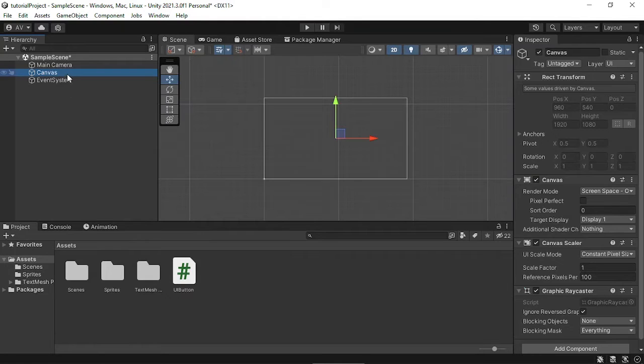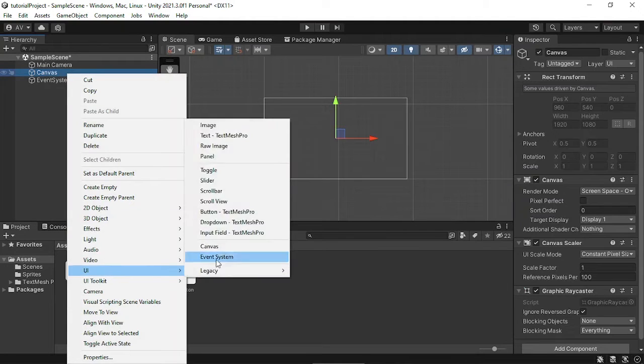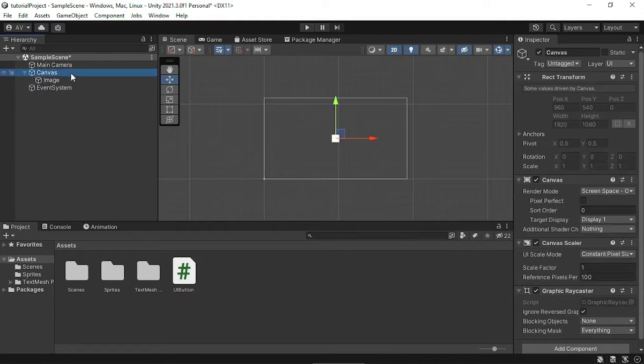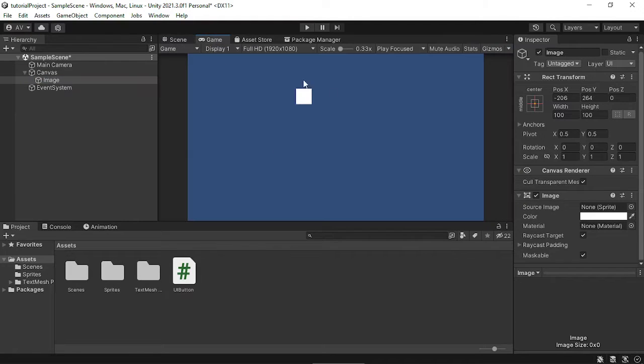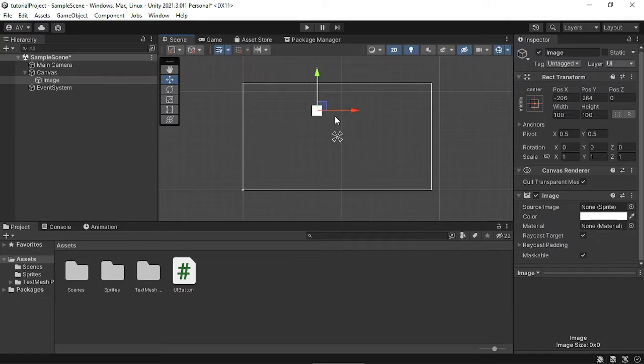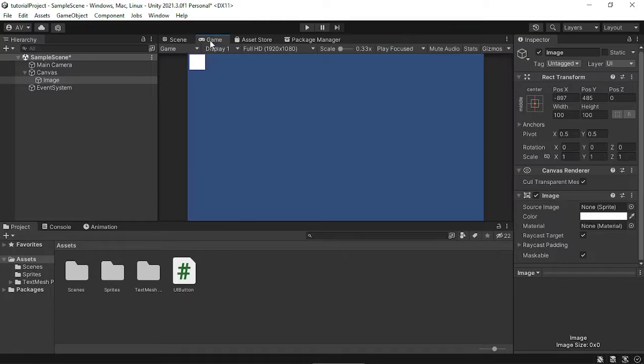So first let's try adding an image. Go to UI and go to image. As you can see, we have an image right at the center. We can change its position. Put it here, it will be there. What if you want to put it in the corner? Like I put it in the corner here, upper left hand corner, and it will be there in the left